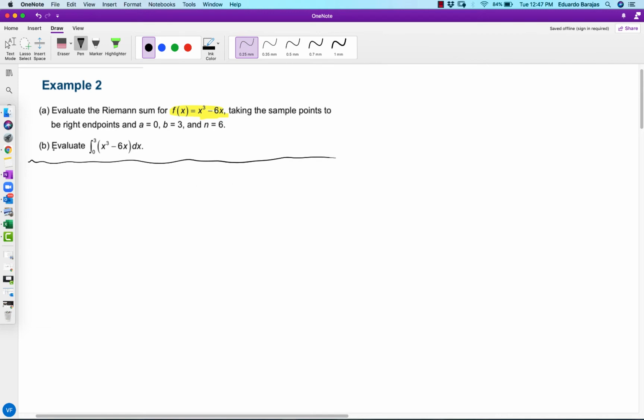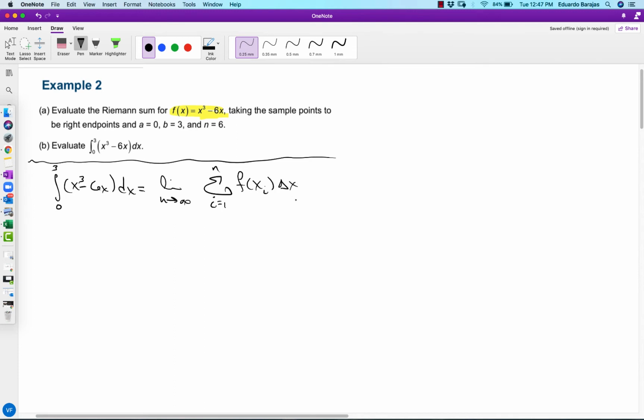Okay, now let's take a look at part B. Evaluate the integral from 0 to 3 of x to the third power minus 6x dx, right? So it doesn't say approximate it, find the exact answer. So we know that must mean that we have to use this formula. The integral from 0 to 3 of x to the third power minus 6x dx is equal to the limit as n goes to infinity of the Riemann sum as i goes from 1 to n of f of x sub i